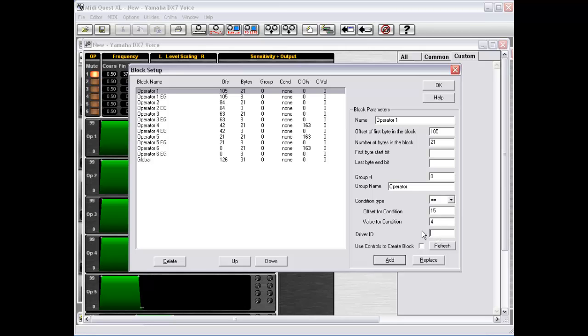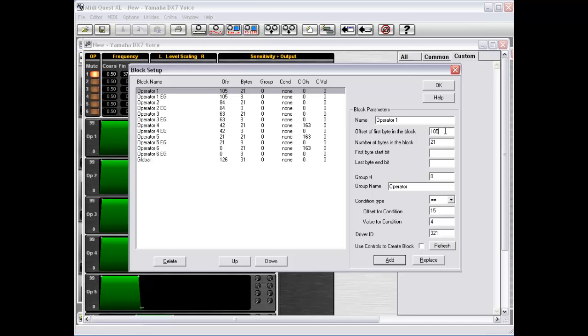You can also filter based on driver ID and say this block can only be available if my driver ID has a number of 321. Since multiple drivers can access the same editor, and you can also have a situation where one editor is actually, through the use of macros, capable of editing parameters in different locations using the same editor, you need a way where these blocks are fixed. You know, this block can only